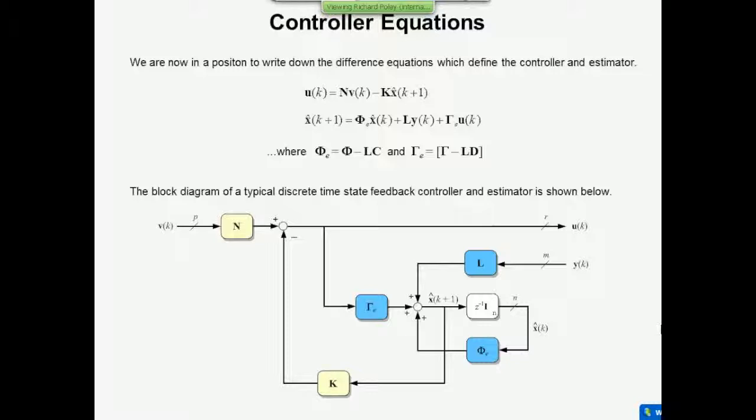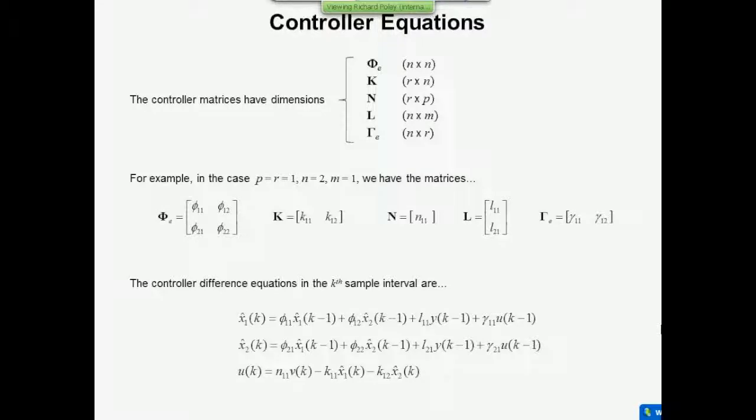There are the controller equations. I think this is perhaps for reference only. And I've given you an example of how they might be constructed. I just want to point out to you I've made a mistake in the structure of this. If you transpose this, see the gamma matrix has to be gamma 1, 1, gamma 1, 2. So it's a 2 by 1 matrix, and then these equations work out. But otherwise, it's correct. Or for reference anyway.